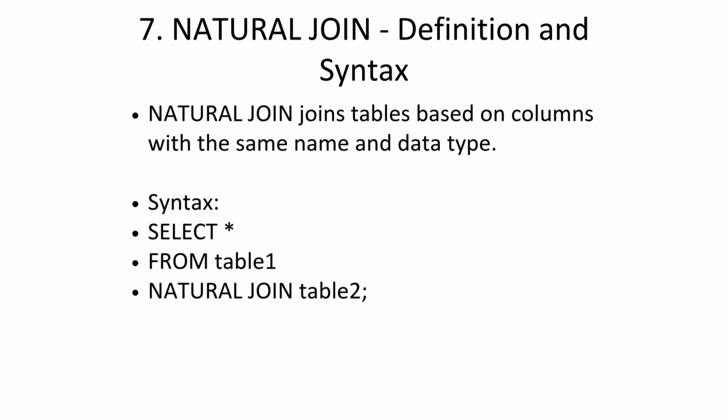Natural join definition and syntax. A natural join joins tables based on columns with the same name and data type in both tables. It is automatic. You don't specify the ON condition. Syntax: SELECT * FROM table1 NATURAL JOIN table2; Be careful though, it joins on all matching column names, which might